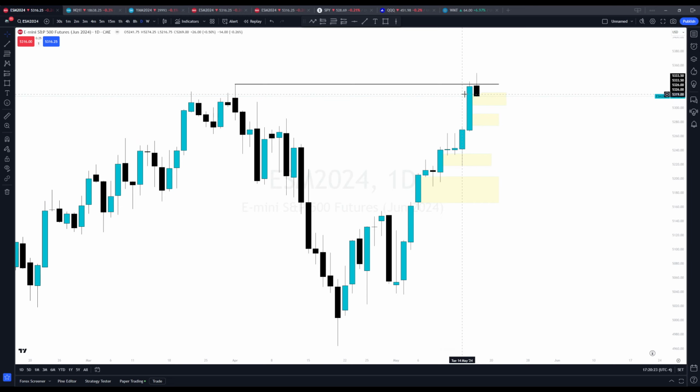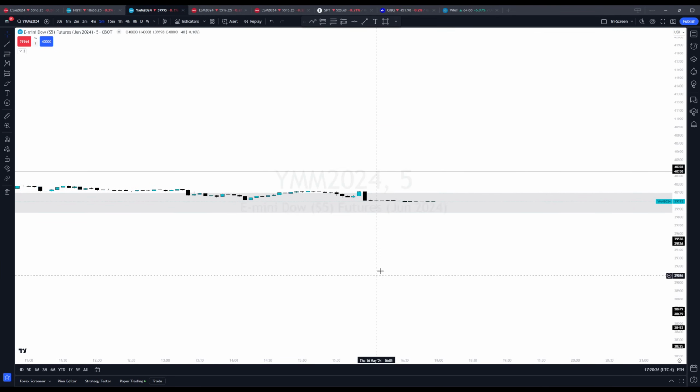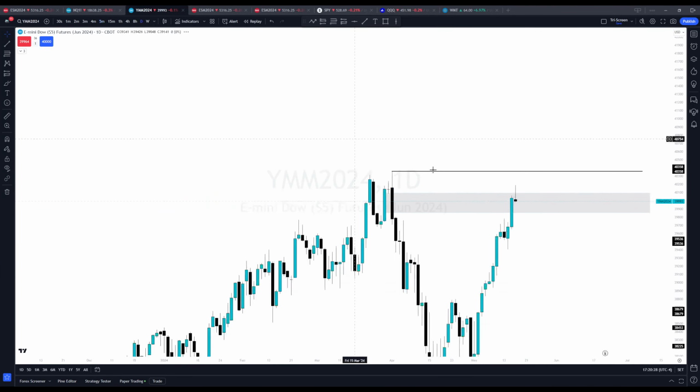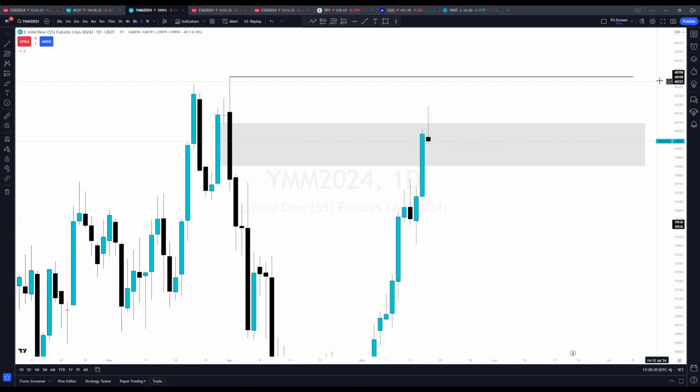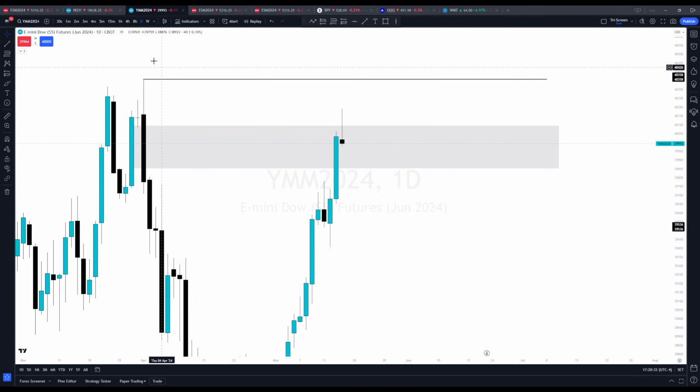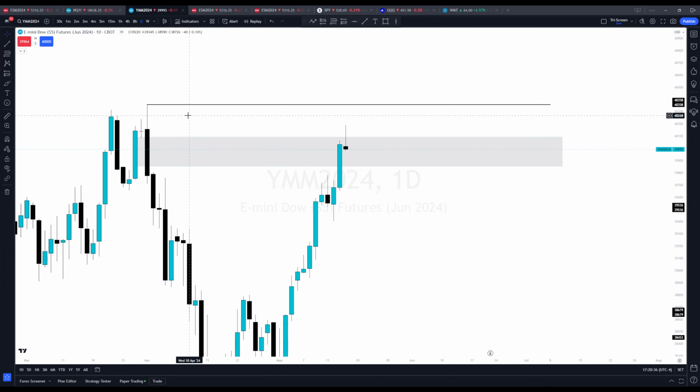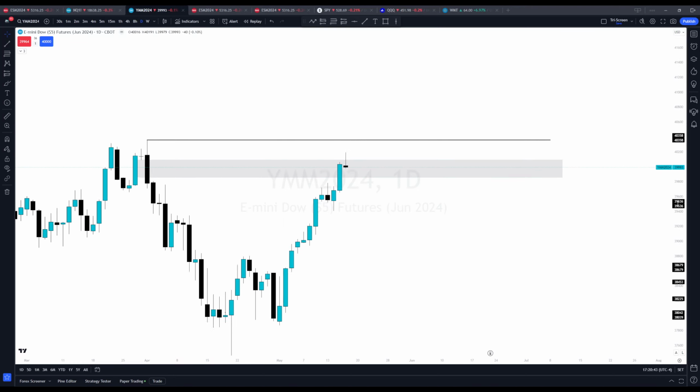However, a lot of people forget about the Dow Jones. You have to watch all three. Look at YM, it has failed to take the all-time high. If YM comes up and takes this high, the SMT is now broken. What's that show us? It shows us all three indexes are very strong, and that means the markets want to push higher.